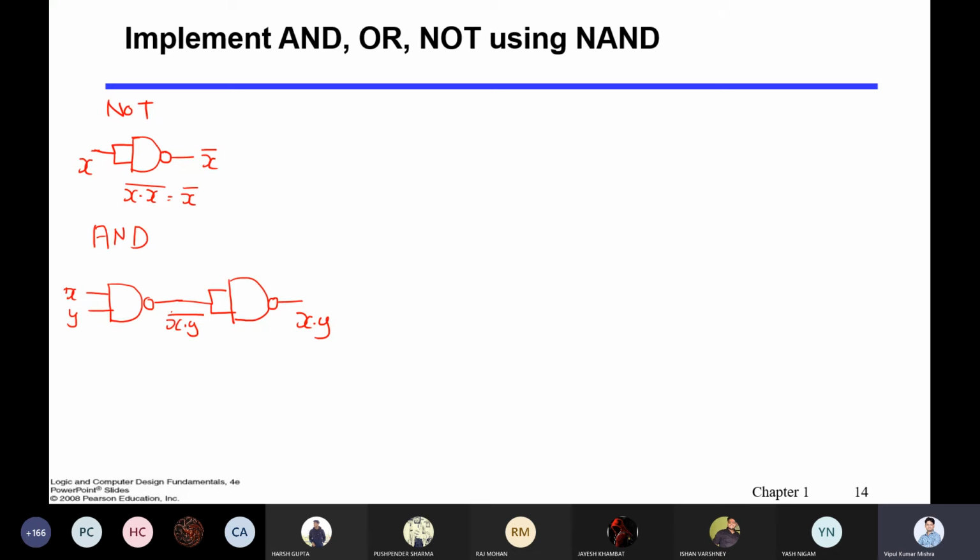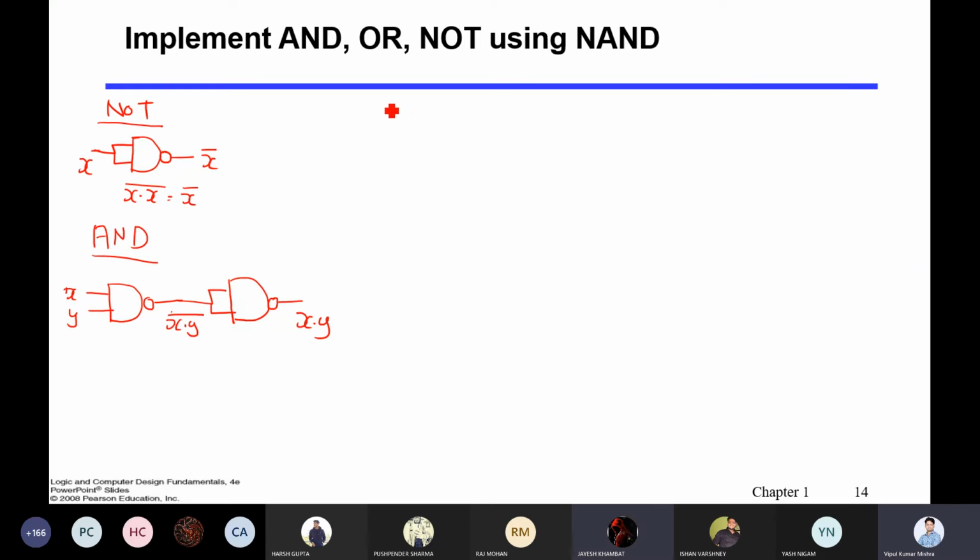Getting everyone? Any doubt on this? Sir, but we are using this twice. Yes. What is the difference then, like using AND and NOT, and you are using the NAND gate twice? I am using only the NAND gate, not a different variety of gate. Only the NAND gate. This is the NAND implementation of the AND operation. This is the NAND implementation of the NOT operation.